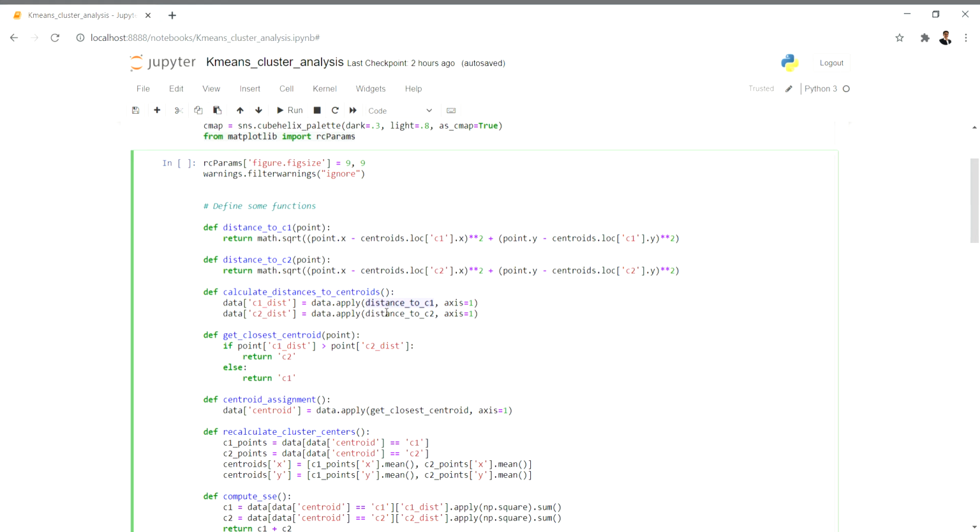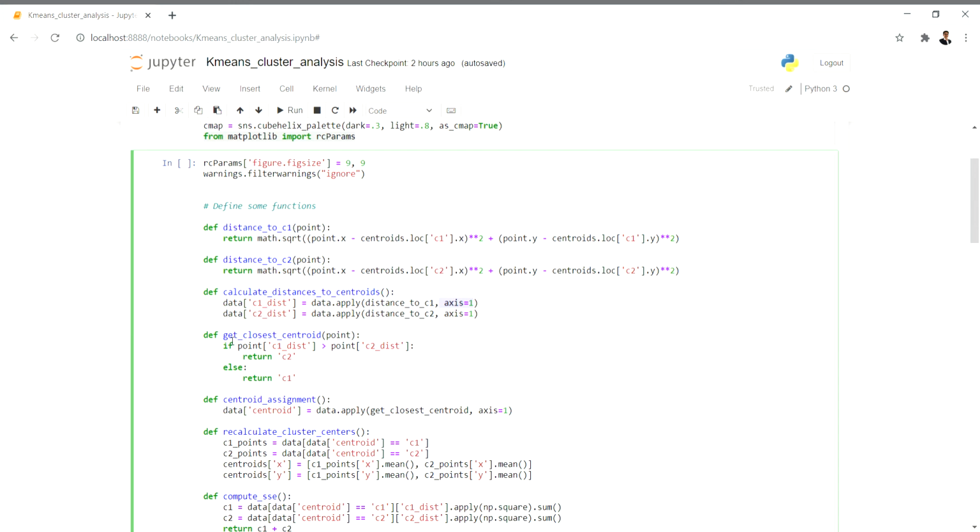It will calculate the distance to C1, and axis 1 means it will append along the rows. 0 means along the columns, 1 means along the rows. Similarly for C2 distance, it will calculate the distance to all the centroids. Okay, that is simple.